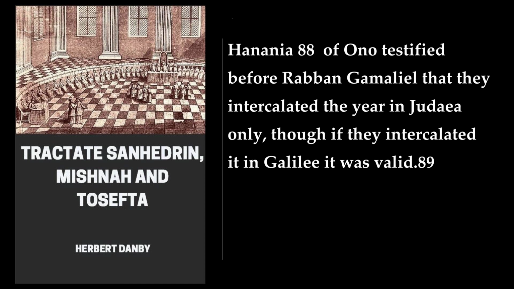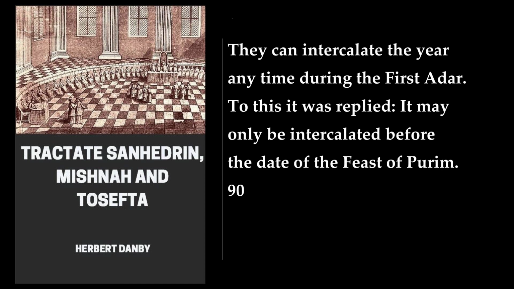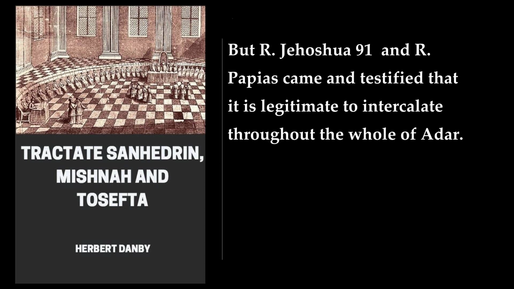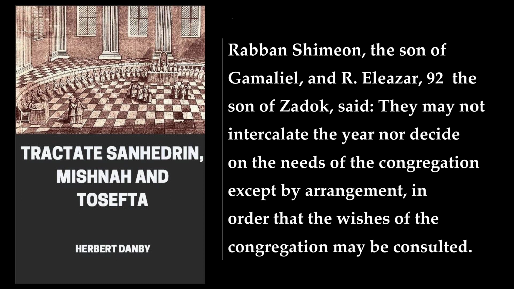89. They can intercalate the year any time during the first Adar. To this it was replied, it may only be intercalated before the date of the feast of Purim. 90. But Jehoshua 91 and Papias came and testified that it is legitimate to intercalate throughout the whole of Adar. Rabban Shimeon, the son of Gamaliel, and Eleazar, 92 the son of Zadok, said, they may not intercalate the year nor decide on the needs of the congregation except by arrangement, in order that the wishes of the congregation may